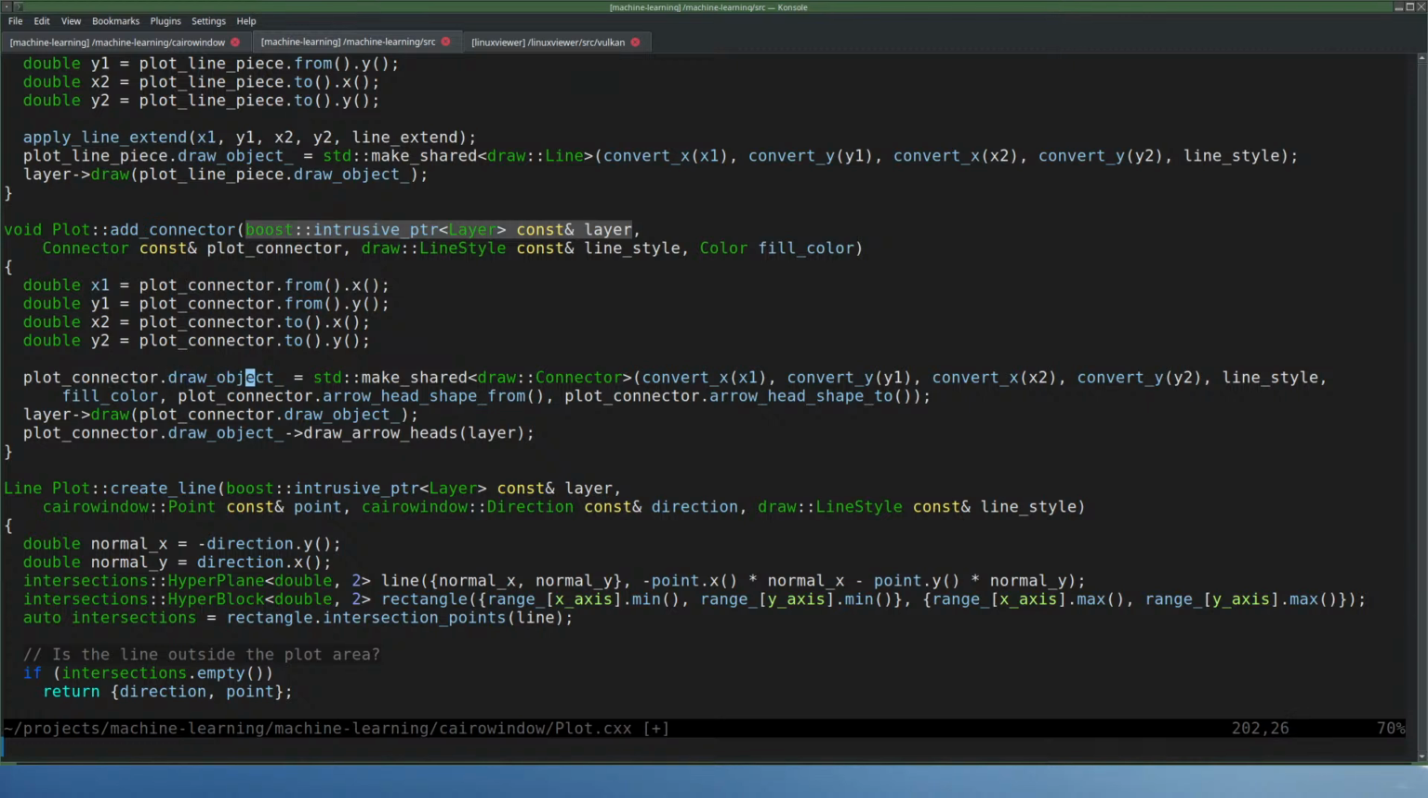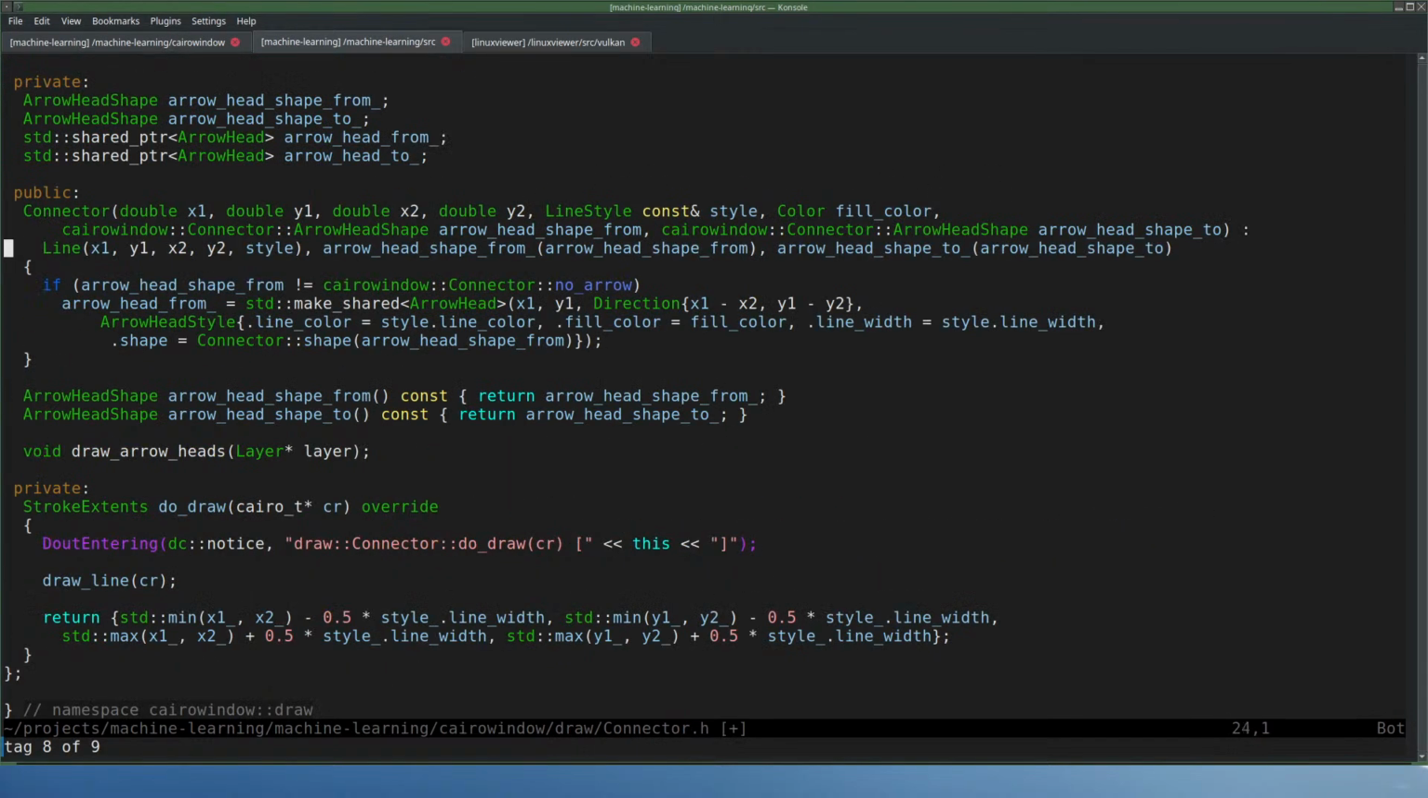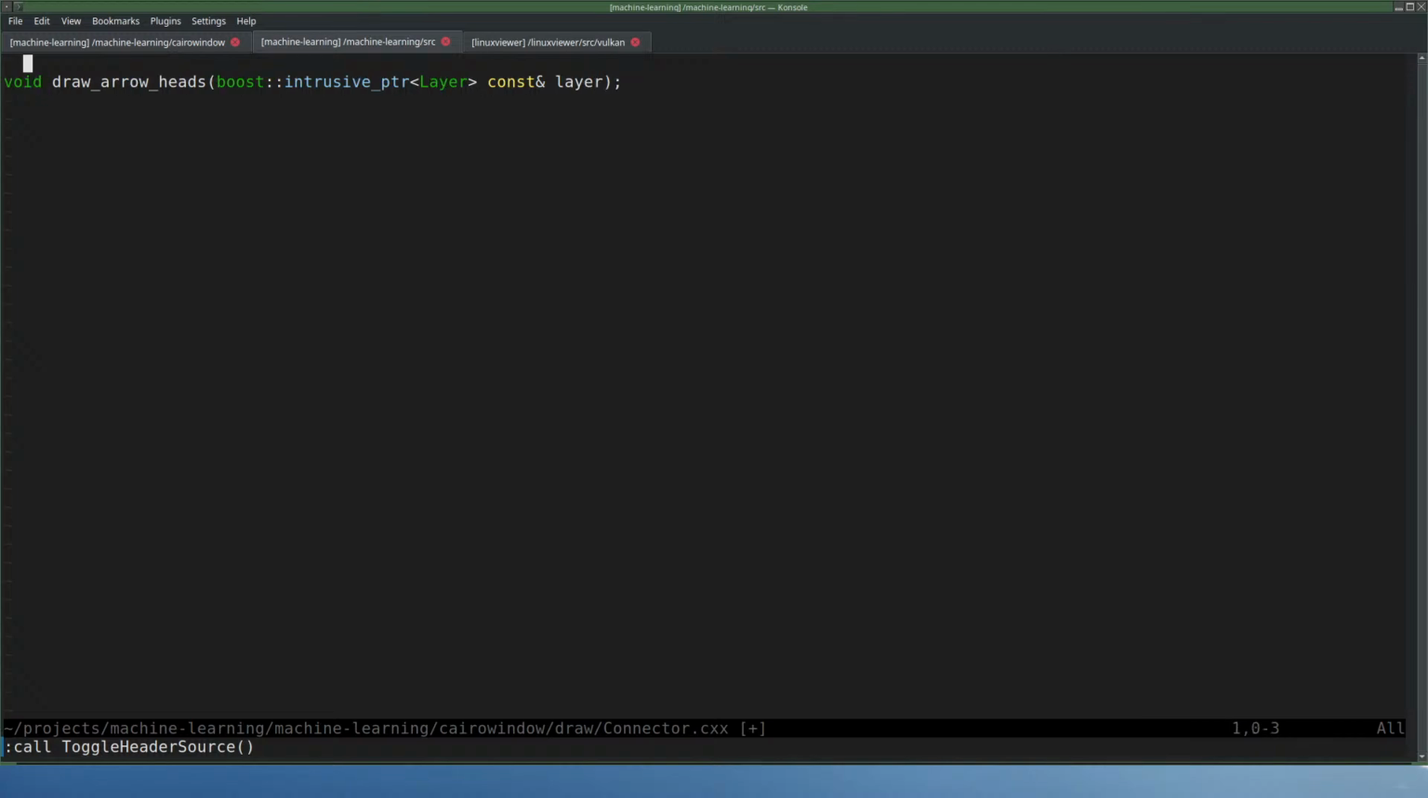Plot connector draw object is a shared pointer to draw connector. Which has this. Cairo. Isn't it